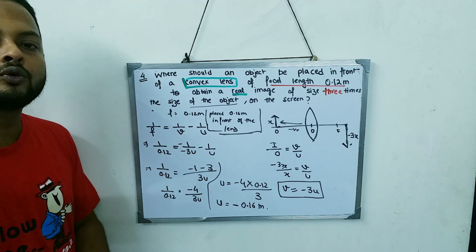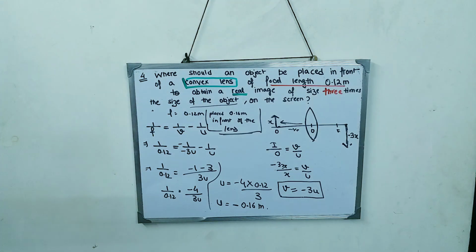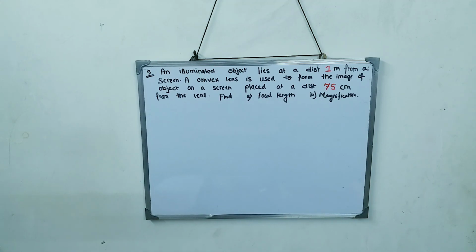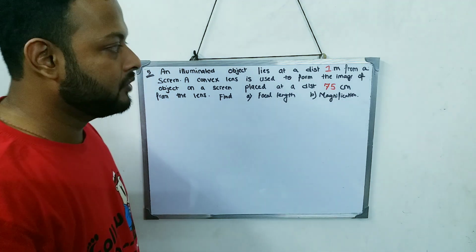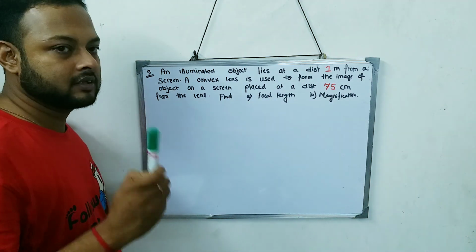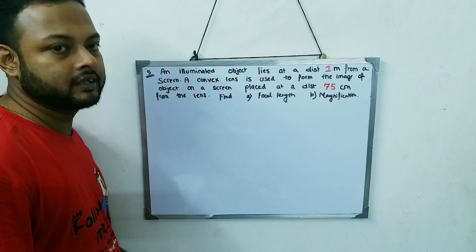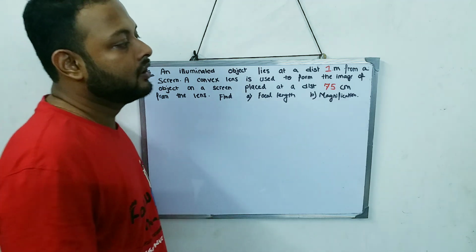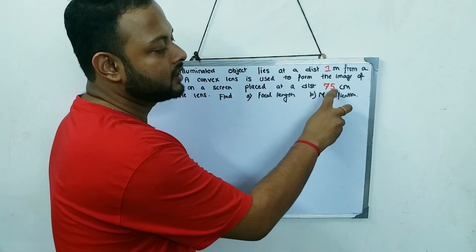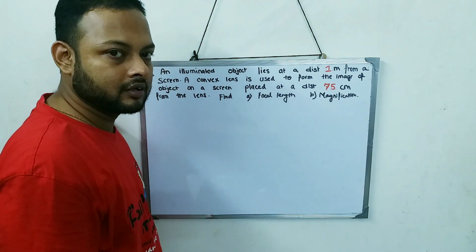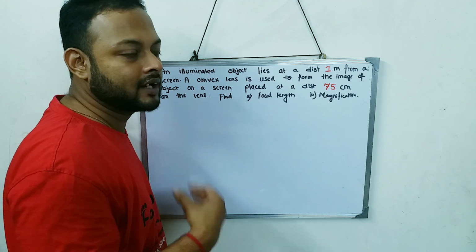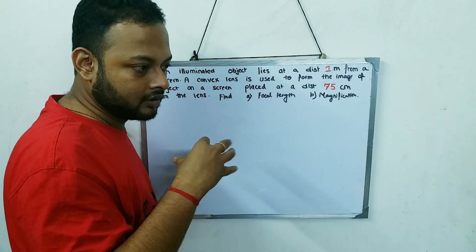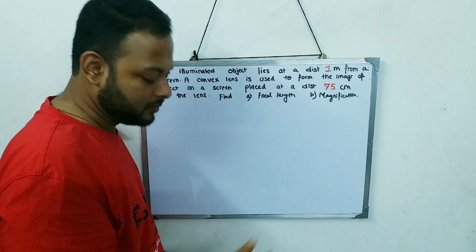Now let's see how to do question number 5. Okay, now we come to question number 5. Before we approach question number 5, just make one small change. You can see one distance is given in centimeter and another distance is given in meter. So you change both of them into the same unit. That way the sum will become easier for you.